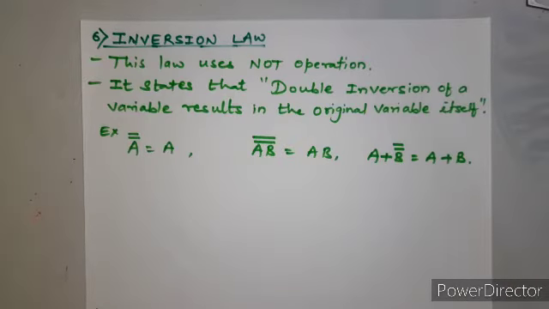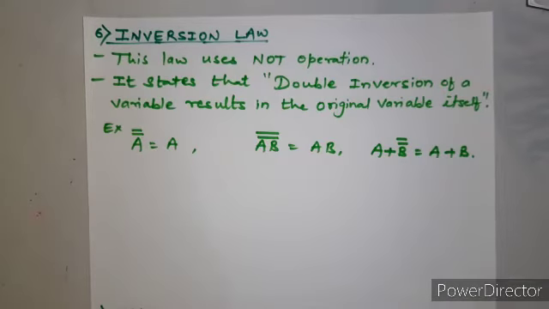In the last lecture we discussed the very important ANDing and ORing laws of Boolean algebra. We even proved them by considering the different values of A, either 0 or 1, and diagrammatically also we have seen this. Just to recall, we also solved a couple of examples to understand how these laws can be used. Now let us take our study further to see a few more laws used in Boolean algebra.